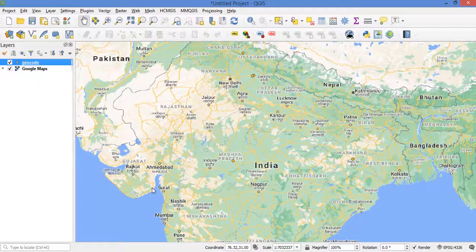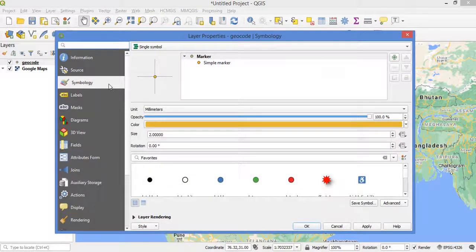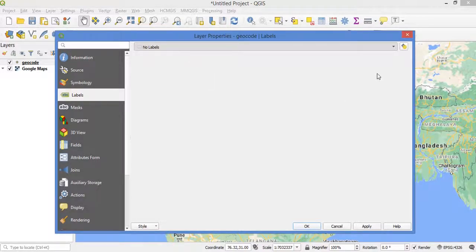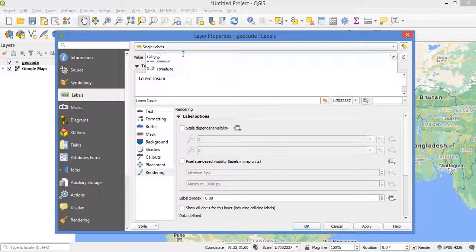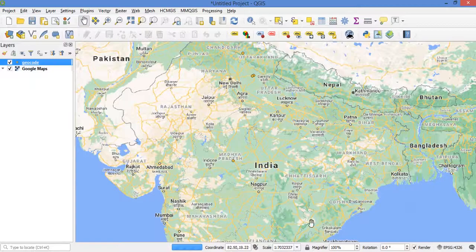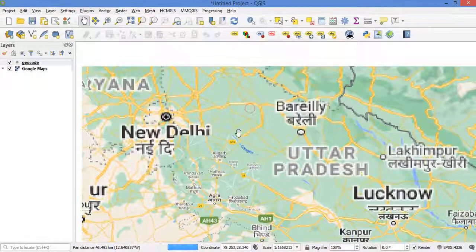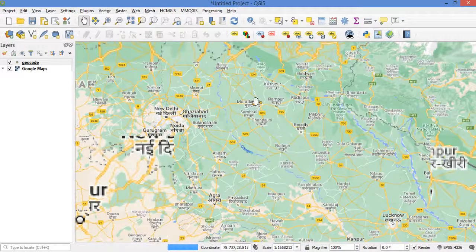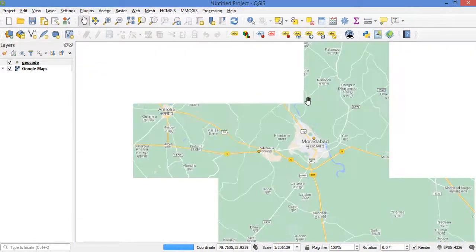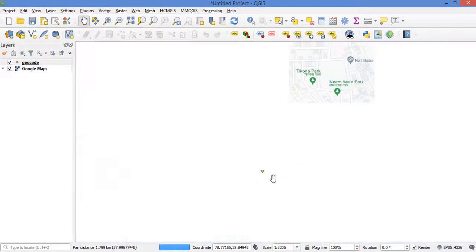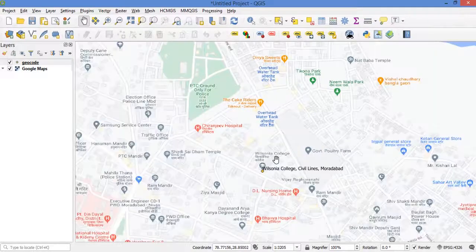I will open the labels. Yes, it has been placed perfectly because this is my school.